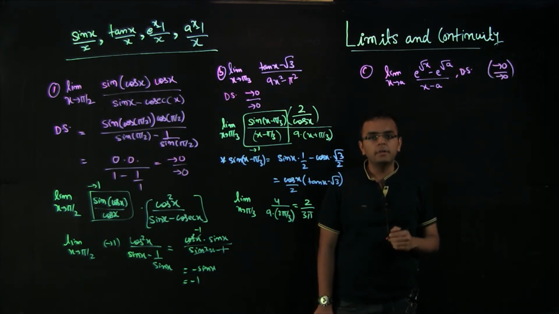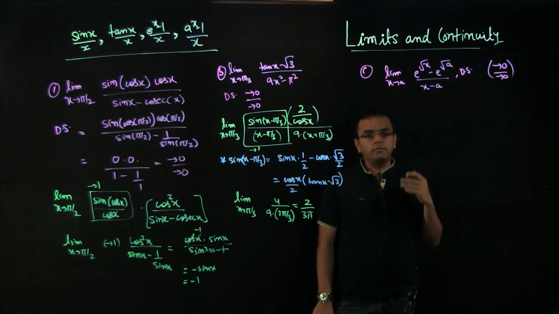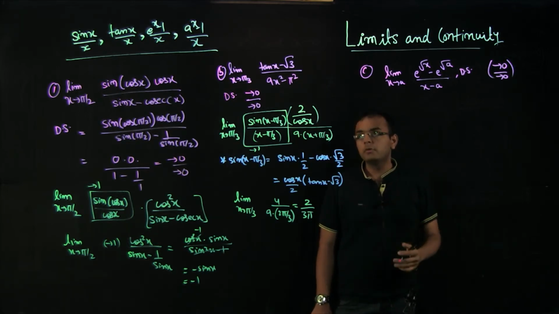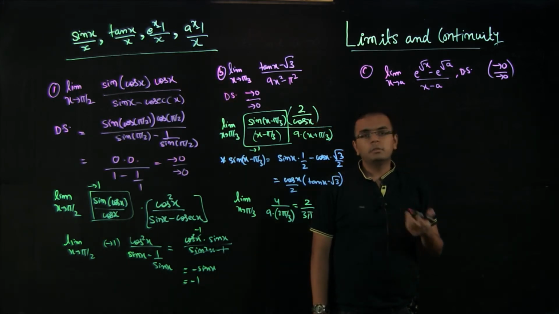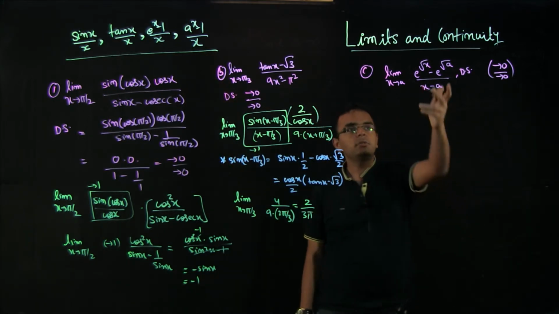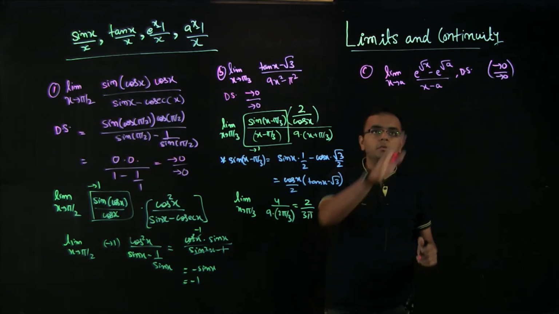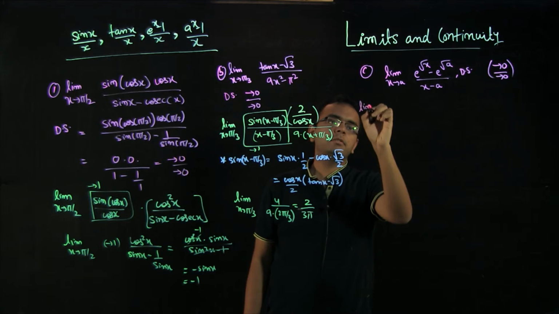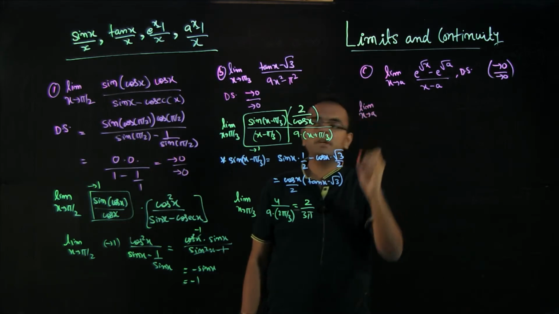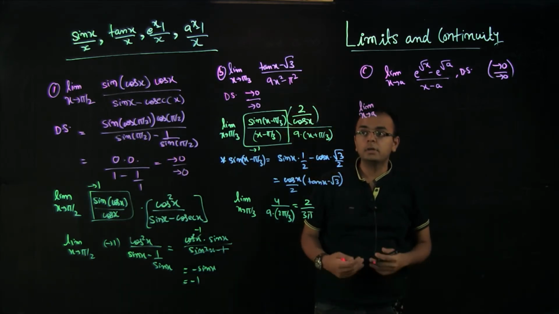So what we want to do is create a form of (e raised power of x minus 1) by x. To do that, it is obvious that we should take e raised power of a out, because we want to make e raised power of something minus 1. So when we do that, again we are always trying to convert into the form we want.